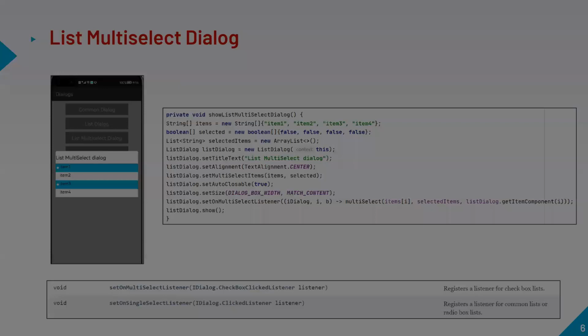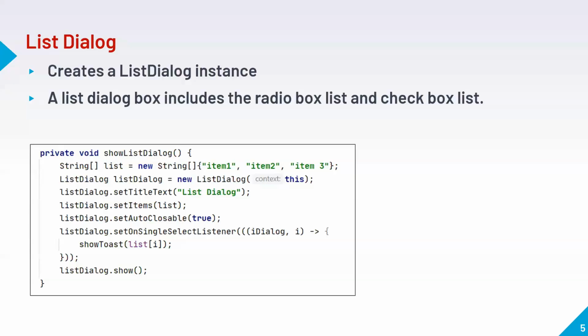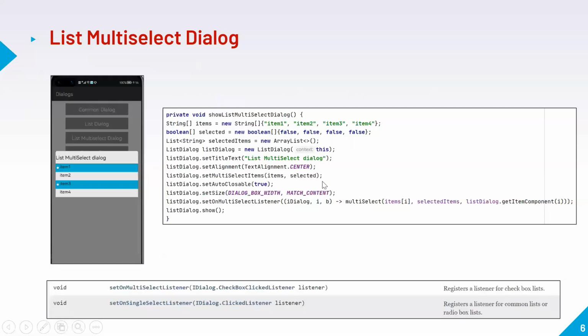So what I was telling is that for radio button lists, we can only select a single item. In case you need to select multiple items, the list dialog itself has a different variant, where we can use set multi-select items. There you can mention the items as well as an empty array corresponding to the selected items. So this is again depending upon requirement. I'm just showing what all provisions are provided inbuilt by the Harmony framework.